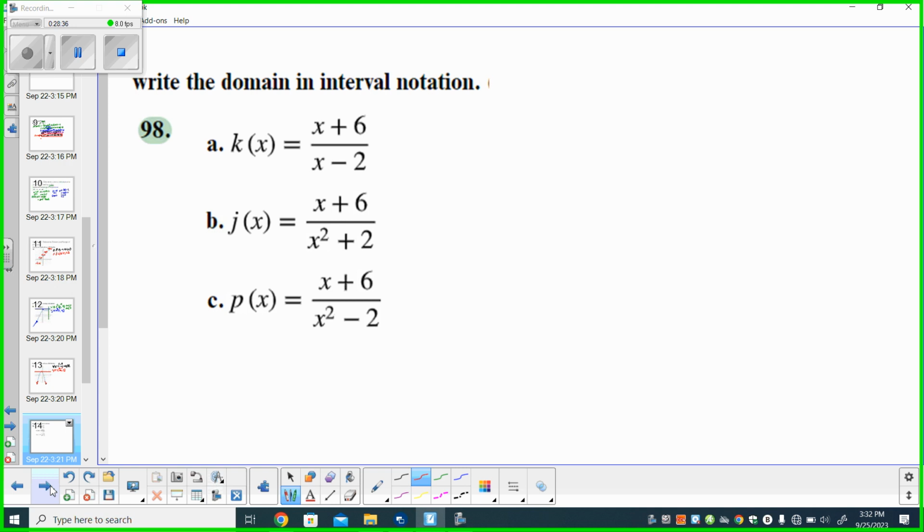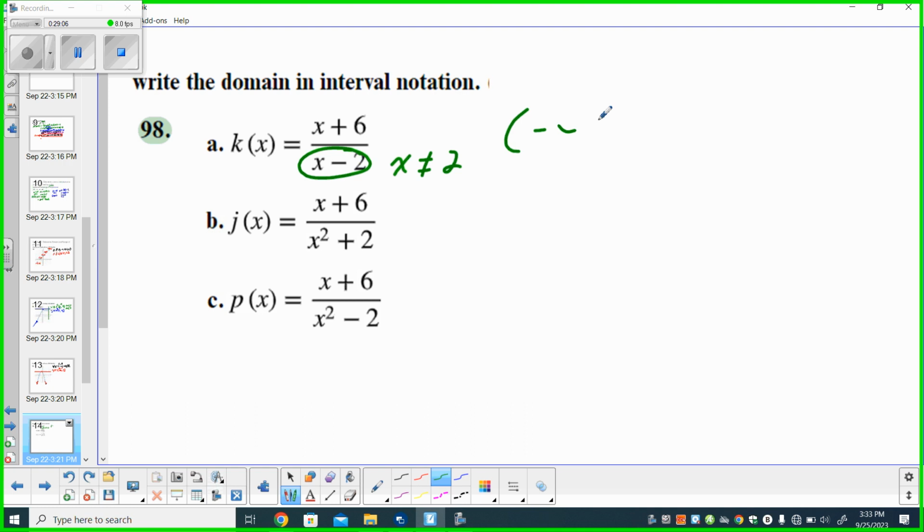So all you have to do is figure out what x cannot be, and hopefully when you see x minus 2, you go, all right, well, x cannot be 2. As long as x is... because I don't care about the numerator. The numerator can be anything, but for the x, the denominator can't be 0. So now that I know it can't be 2, here's how I'm going to illustrate that for the domain,